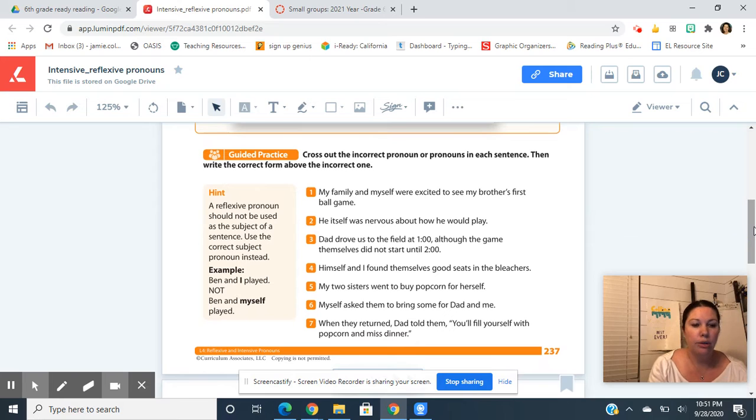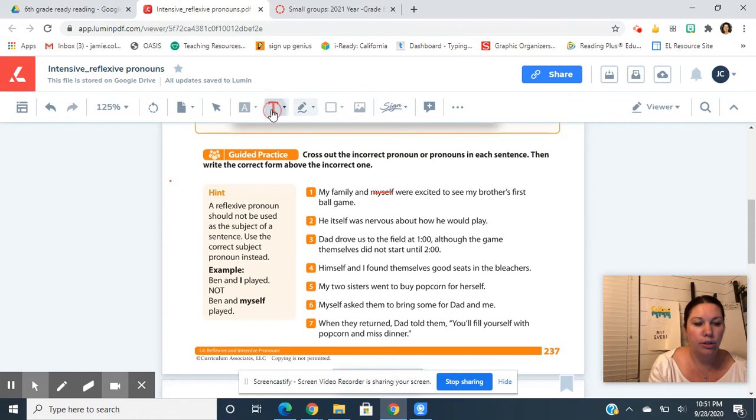What we're going to do is cross out the incorrect pronoun or pronouns in each sentence, and then we'll write the correct form above the incorrect one. So we'll do that together. Let me get my marker here to cross out. Number one says, my family and myself were excited to see my brother's first ball game. So here we're going to cross out the word myself,